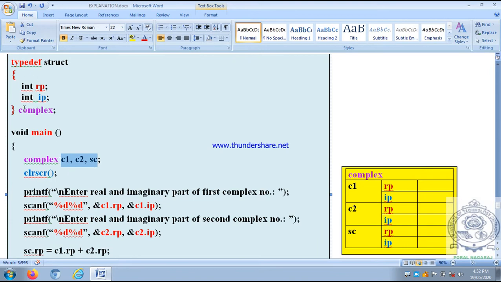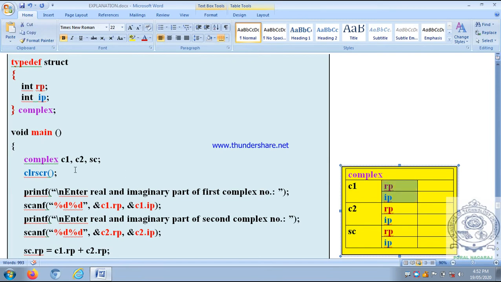Here the complex structure type is already defined with two members, real part and imaginary part, and here we are declaring c1, c2, sc. So memory is reserved for c1, then c2, then sc. Okay, c1 is a complex structure, and the complex structure has two members, rp and ip. This way c1 has got rp and ip.